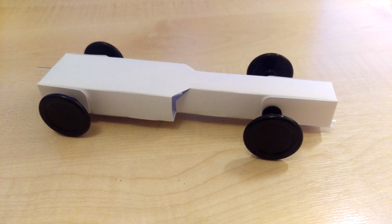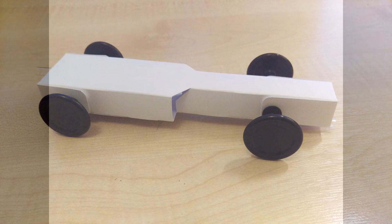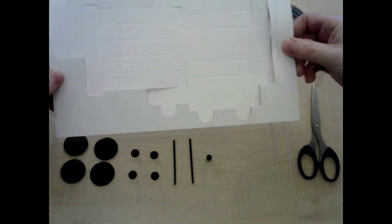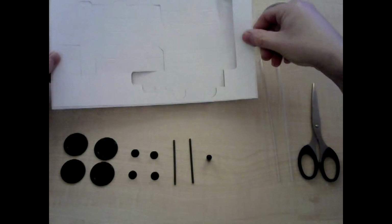Stage 1 of building your Primary F1 racing car is to construct the chassis or framework of the car. First, let's make sure you have everything you need to get started. You should have the following: the cardboard chassis net still attached to the support sheet,